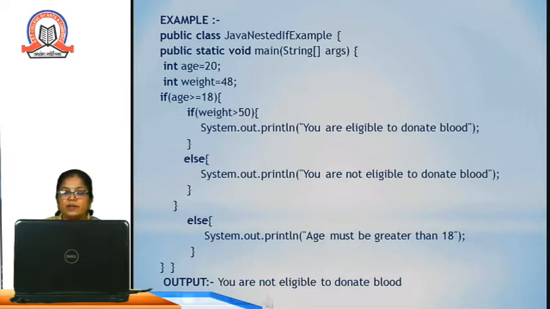The output will be you are eligible to donate blood, else it will give the answer you are not eligible to donate blood. In the else part there is another else, that is System.out.println age must be greater than 18. So in this example, the output will be you are not eligible to donate blood.